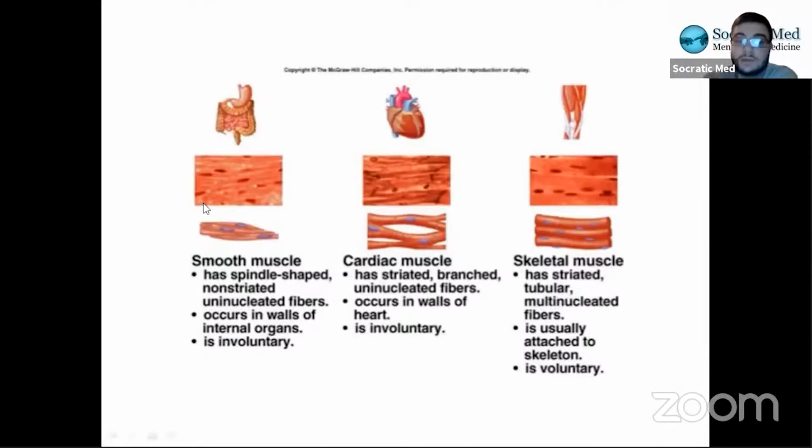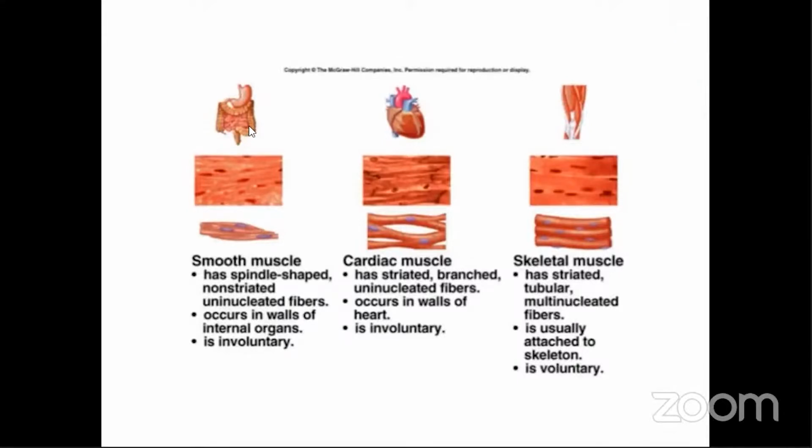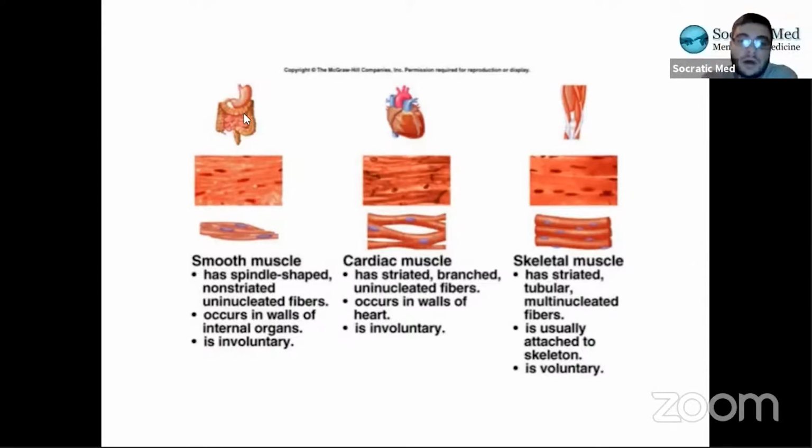Smooth muscle mainly is found in walls of internal organs, as you can see here, in your GI tract, in your kidneys, in your liver, most of your organs, the walls, and even in your blood vessels, the walls have smooth muscle. Okay. The muscles are controlled involuntarily, just like you don't voluntarily control whether or not your stomach expands or contracts, or whether your blood vessels contract or expand. Your body does that automatically for you, right?